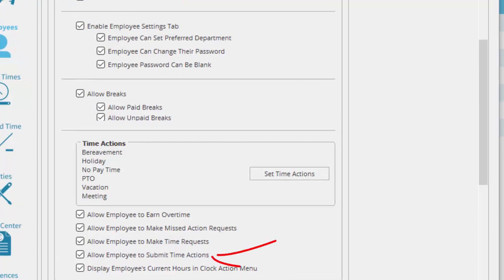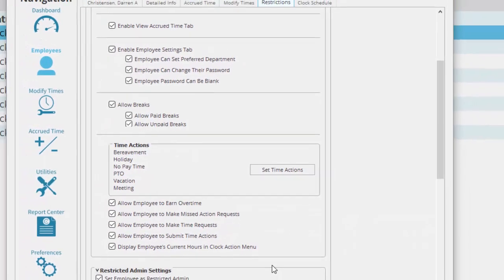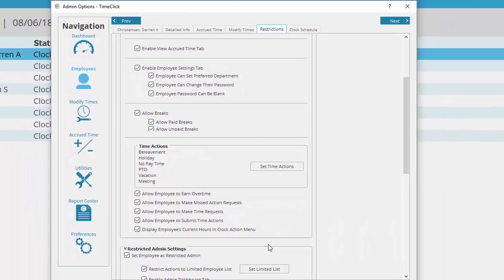The primary difference between the Submit Time and Submit Time Request to Admin options is that the Submit Time option will automatically send the time to the employee's report without needing the admin's approval. A time request does require an admin's approval before it is added to the report. This could be useful in the situation of the meeting, where the admin was in the meeting and doesn't want to approve everyone's request for that time, or when there is no pay time to be added to the report.